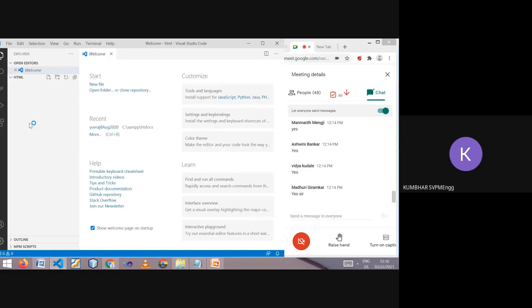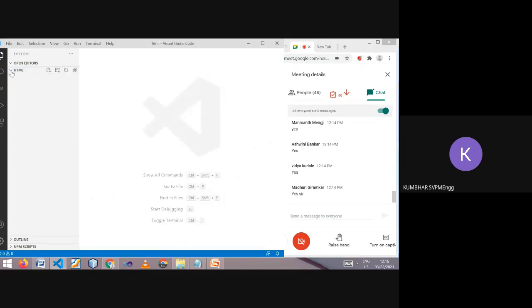It is showing one welcome page. Right now I don't want this, so I am closing it. Next, you can observe here it is HTML. Then you will find four buttons here. Let's go one by one.